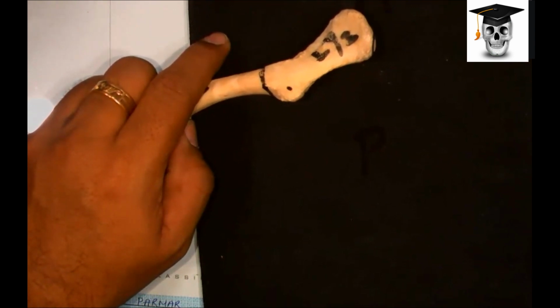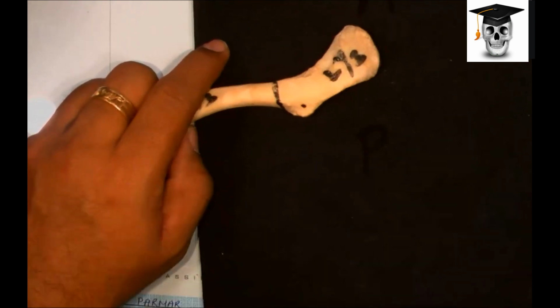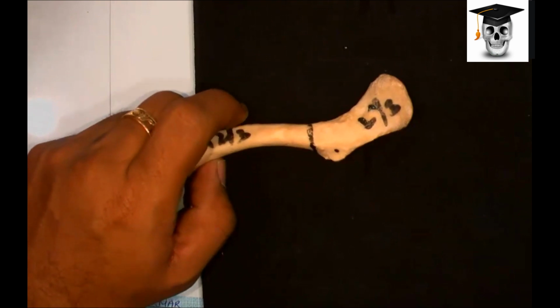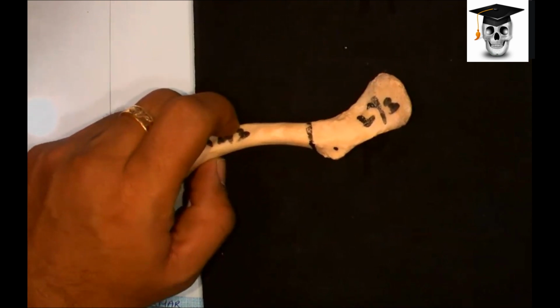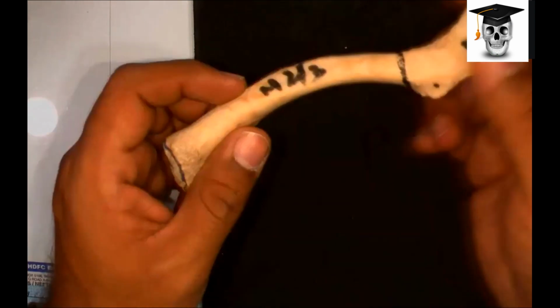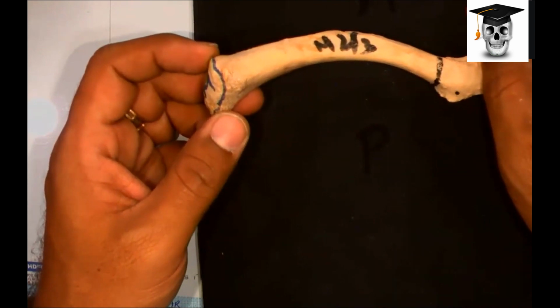Manubrium. So again, I will show you that in the iPad. Once I finish the bone, I will go back and show. So it articulates with the part of the sternum called manubrium sterni, and thereby it forms a joint. What will be the name of the joint? Sternoclavicular. Clear?